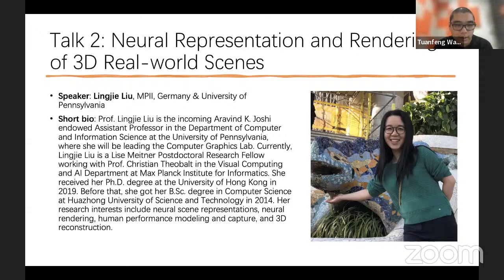Currently, Lingjie is a Lise Meitner postdoctoral research fellow, working with Professor Christian Theobalt in the Visual Computing and AI department at the Max Planck Institute for Informatics. She received her PhD degree at the University of Hong Kong in 2019. Before that, she got her bachelor's degree in computer science at Huazhong University of Science and Technology in 2014. Her research interests include neural scene representations, neural rendering, human performance modeling and capture, and 3D reconstruction. Let's welcome Lingjie.